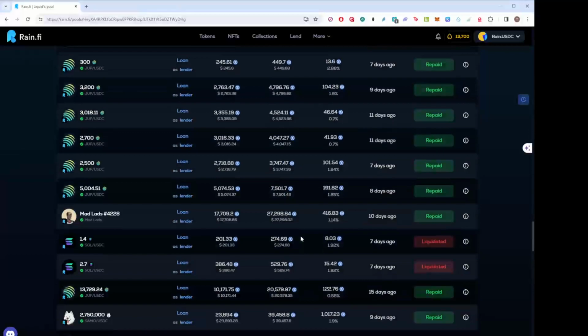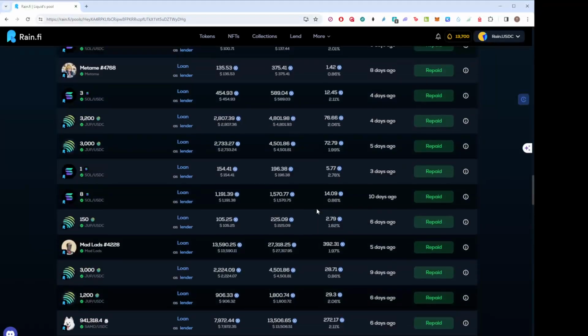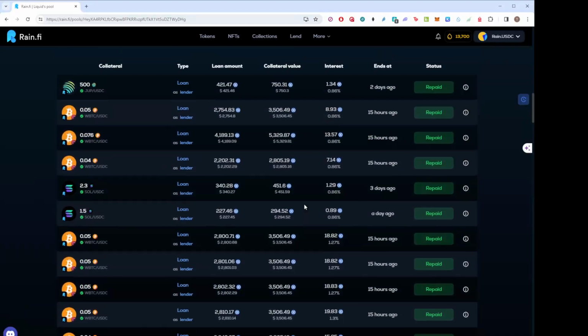you're lending, if the price of, say, dupe went down by 20% and you had a loan to value of 90%, well, it's not in the interest of the borrower to pay back the loan, because it's worth less now than how much he borrowed. So he'd actually be paying to get his money back. And so you have to be quite careful when setting up your pool, so that if the price does drop, they are incentivized to pay it back. And if they do get liquidated, you're not taking that as the loss.